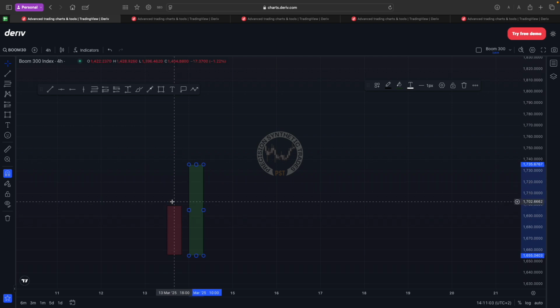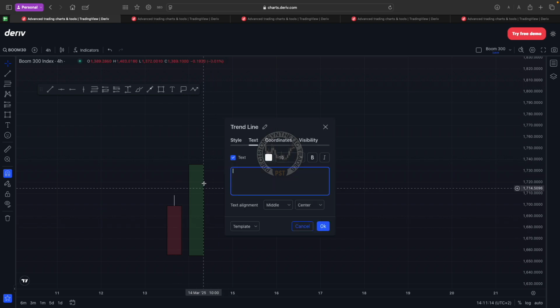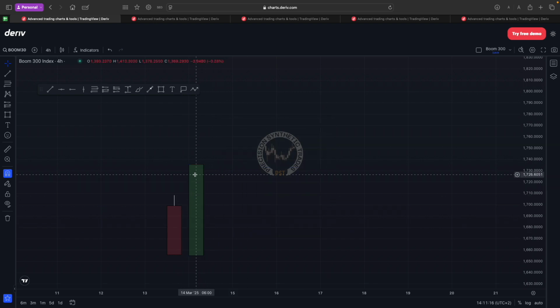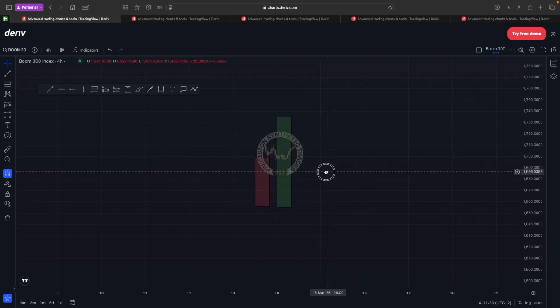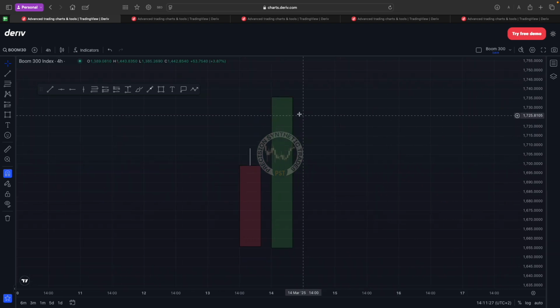Now this includes the wick, so if the candle has a wick as well, this is going to include the wick. So let's say, for example, it looks like this. That's what we want. This candle needs to break above the body and the wick. Each candle here represents a 4-hour time frame. Now what's going to happen is, as soon as this 4-hour candle closes, we are going to look for the continuation